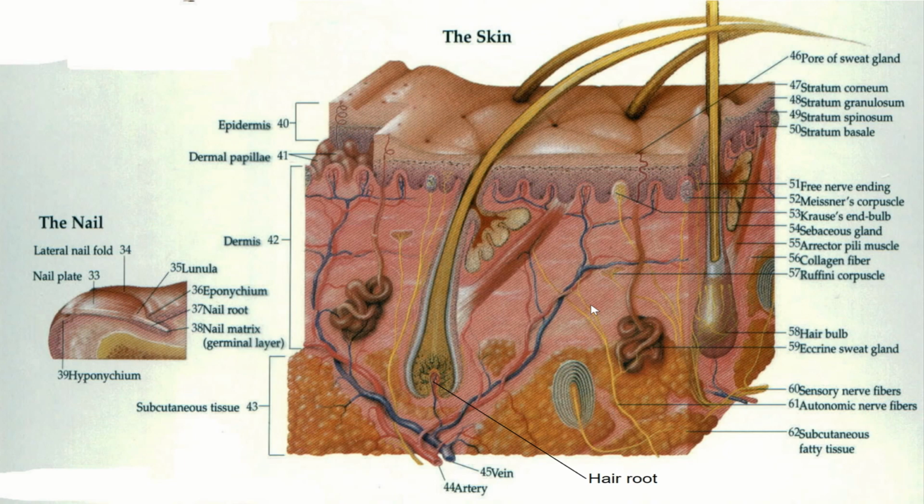So I want to talk a little bit about some of the things that we have skimmed over. Specifically, I want to talk about some of these structures that we see. We've talked about the pore of the sweat gland, and we've talked about the layers of the epidermis, but I want to talk a little bit about the